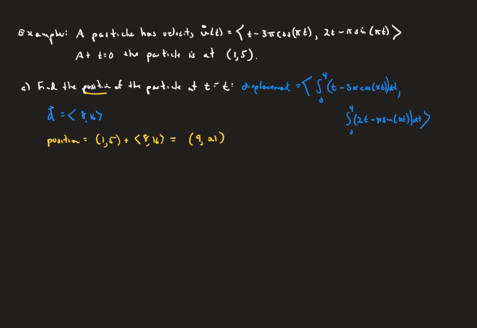Okay? Now I'm going to ask another question. So now I want to do a part B, and here we're going to try to find the distance traveled. So still talking about the same particle and still on the same time interval from 0 to 4, we want to find the distance traveled. So here what we want is, now remember, this is going to be the integral from 0 to 4 of the absolute value